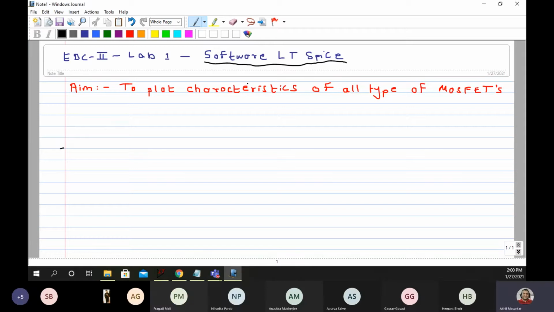You must have done a basic introduction of MOSFETs in your EDC 1 course. But like I always keep on saying, we need to have a perspective on these MOSFETs the analog way.